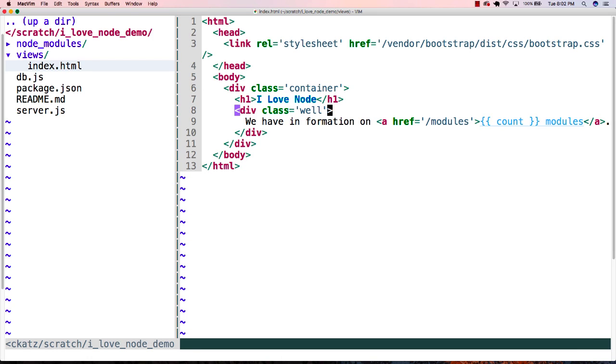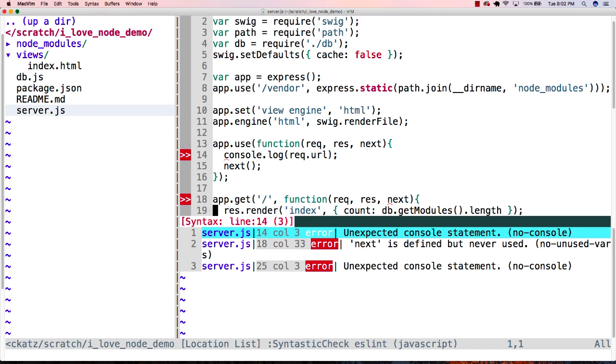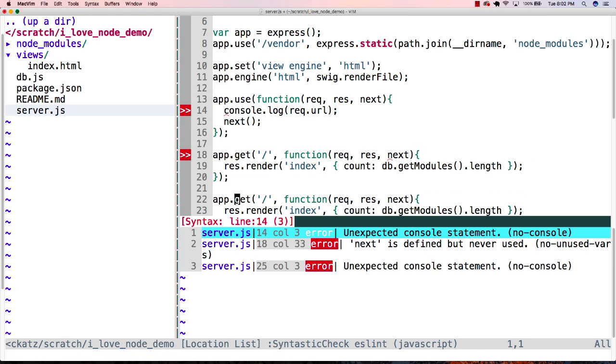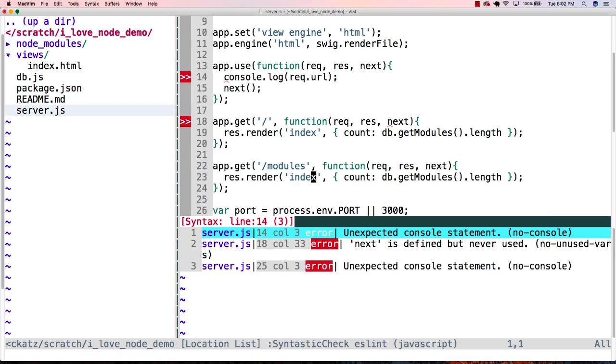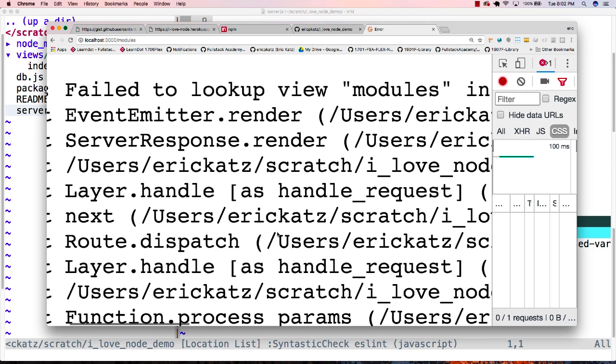It's not going to be all that different than the route we have up here, but we have the ability to say, hey, look, when a request comes in, and this is going to be for modules, we're going to return not the index page, but we'll have a page called modules.html. And instead of actually just returning the count, we're going to just return the modules themselves. Now, if I go to run this, I'm going to get a different error, and the error is going to be, this is all nice, but I could not find this